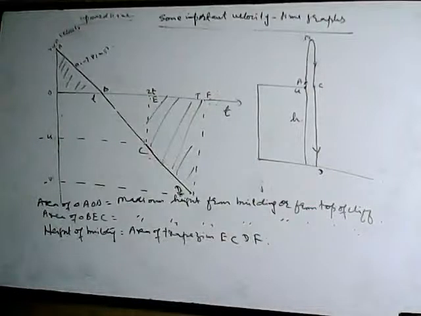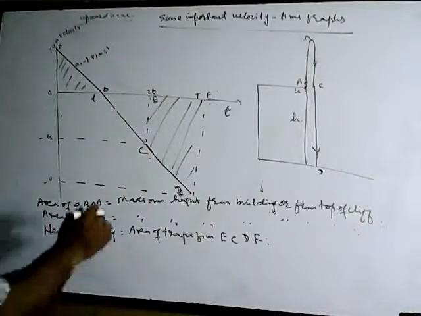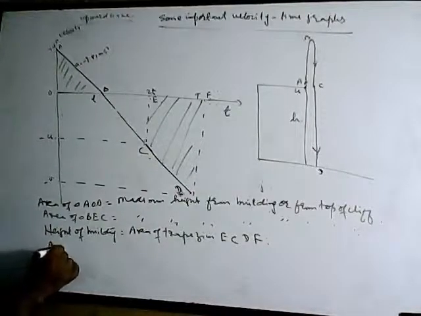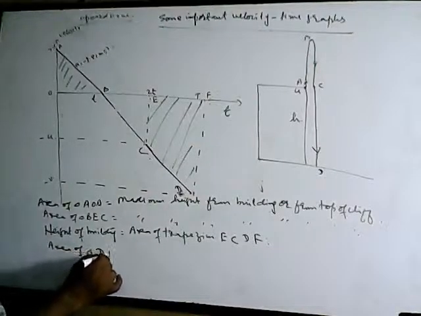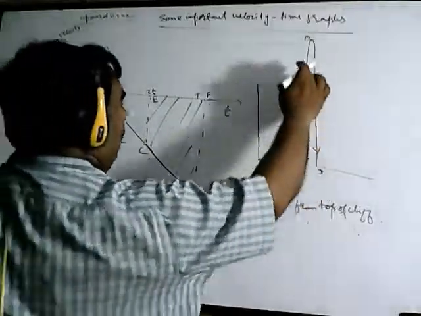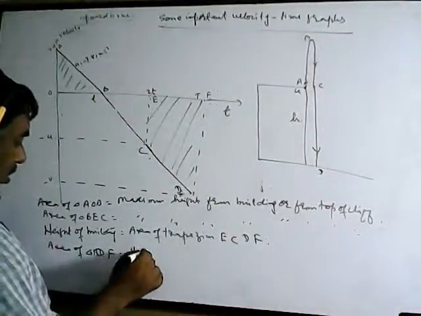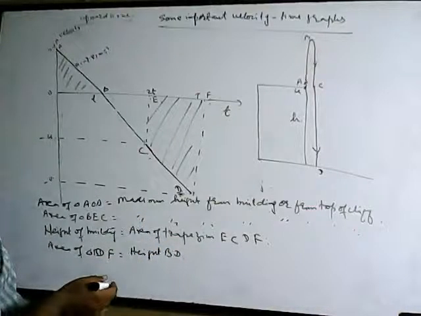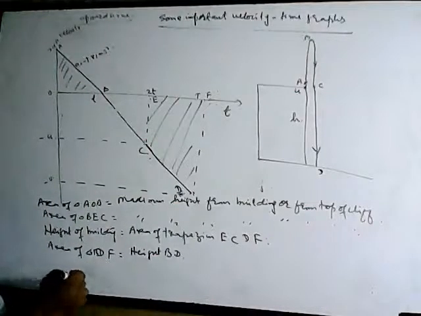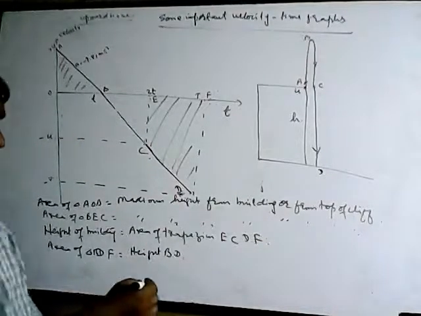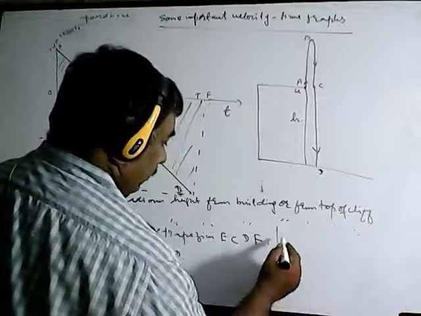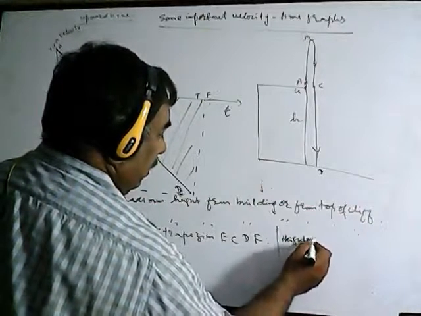But in that way it is very difficult to find that area. What we do, actually, what is the area of this one? Area of triangle BDF is actually this height BD. So from this triangle BD, if you subtract this one, I can say what is the height of the cliff. Height of the cliff is very important to note. Suppose height of cliff or building